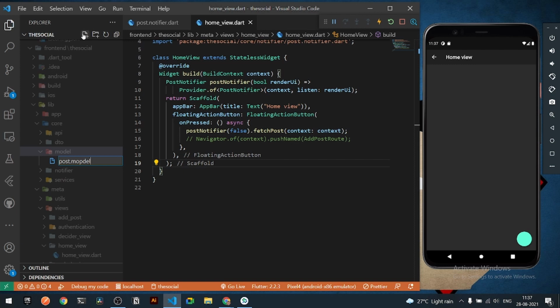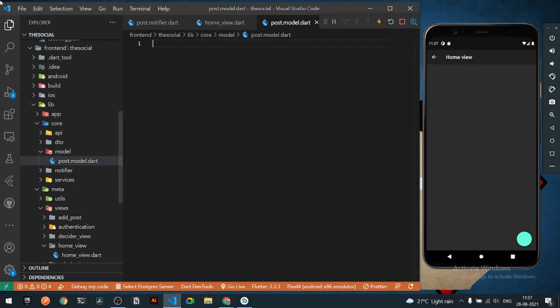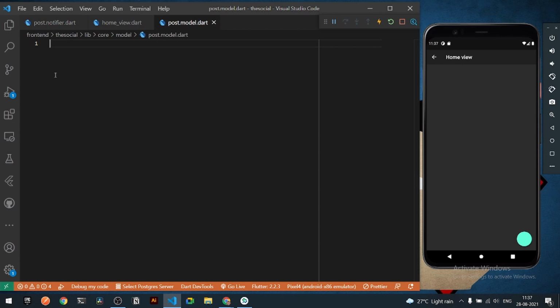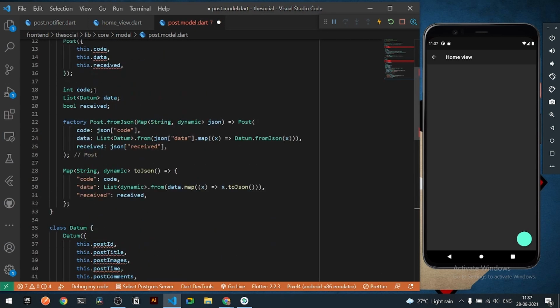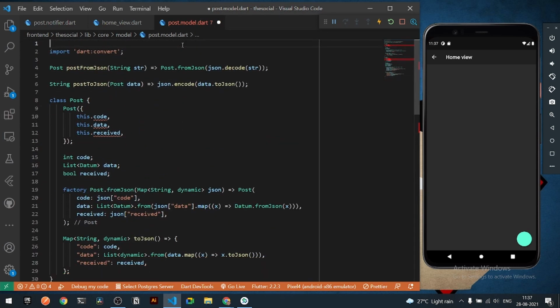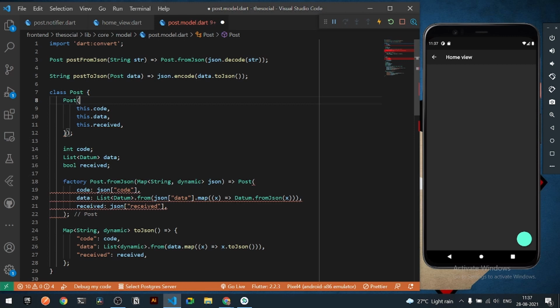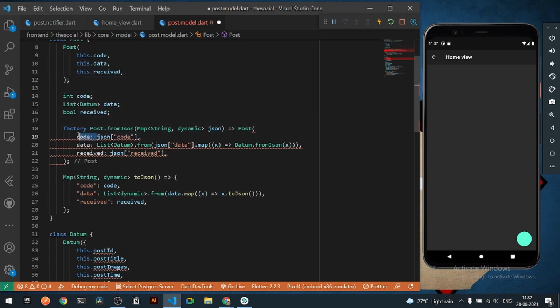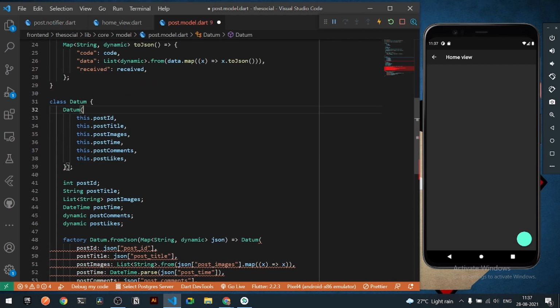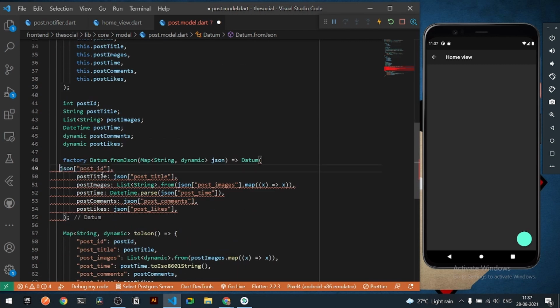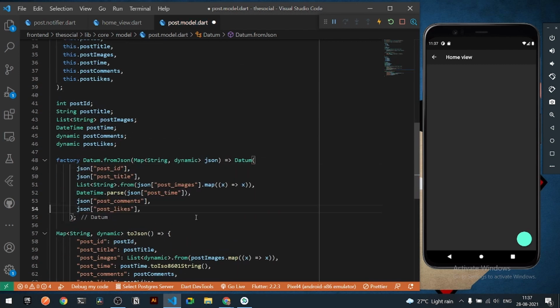Also, if you don't know how to create a model, kindly watch this particular part of the tutorial carefully, on how to manipulate an entire model and fetch data with the help of a model from our API, right? I can remove that thing because it is from before null safety. So we need to remove the curly brace and also this one, right? So this should be it for now. We have got our model.